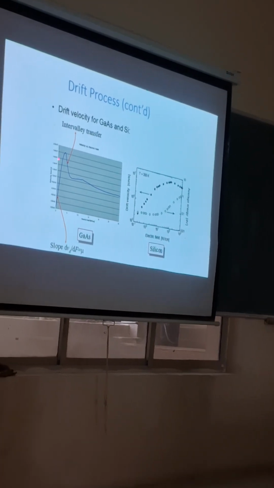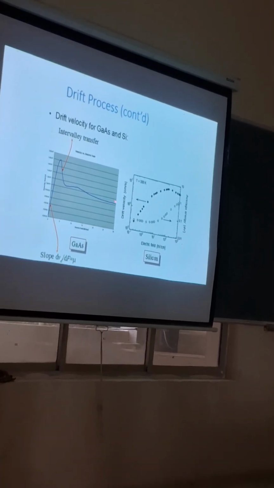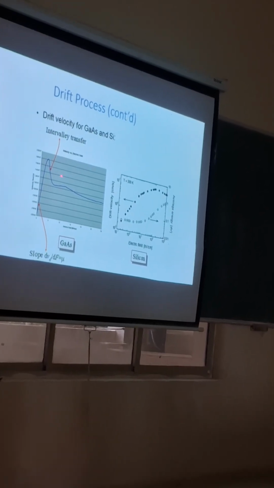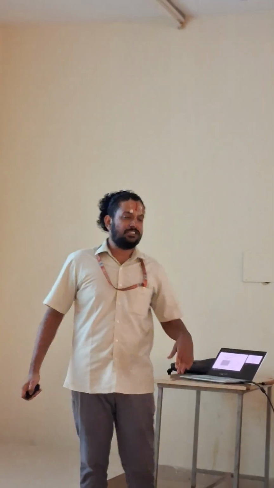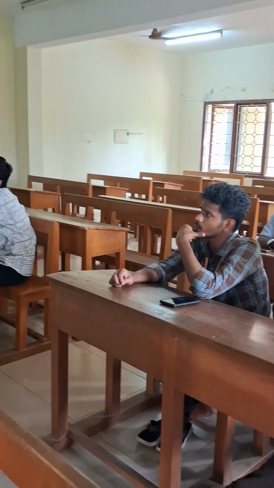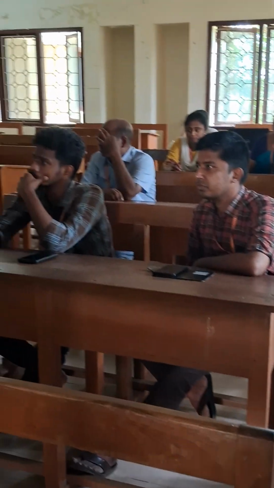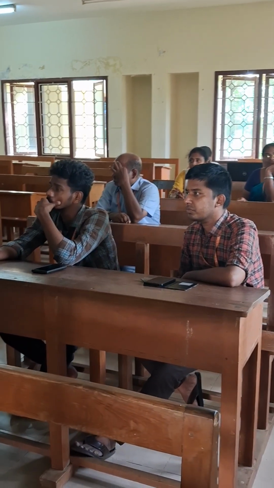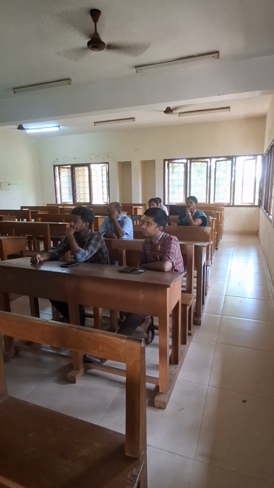Okay, so now we look at what's called the velocity overshoot effect. This region is where the device reaches steady state. Before reaching steady state, we have intervalley transitions and intravalley transitions, where suddenly the electron will experience a surge in motion. Surge cannot be calculated by a solver. So here we need to apply certain different kinds of functions and different kinds of directions which will show the velocity of